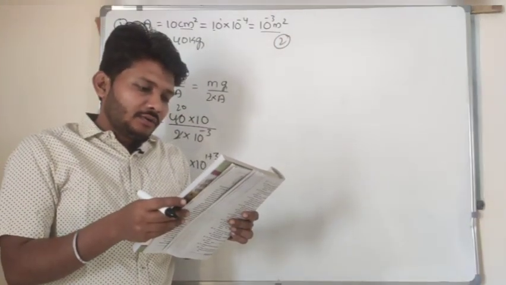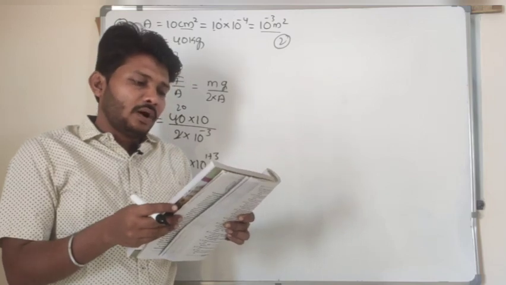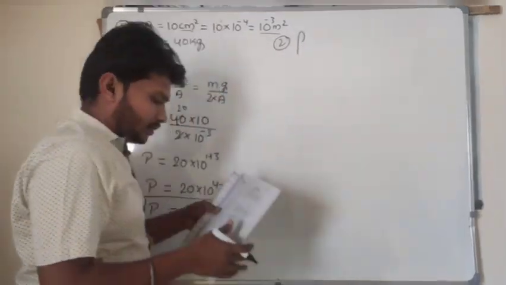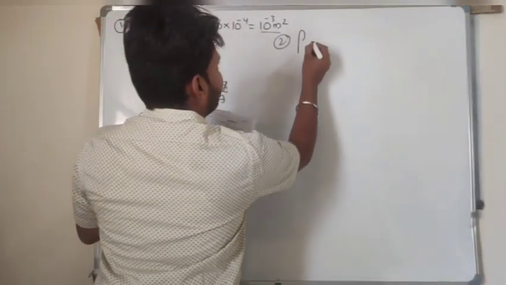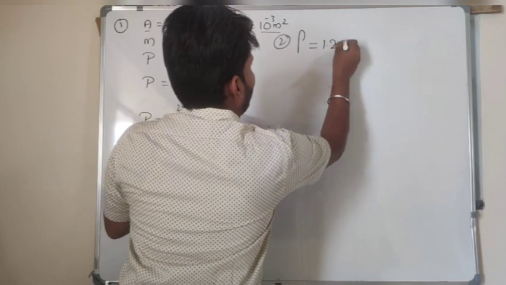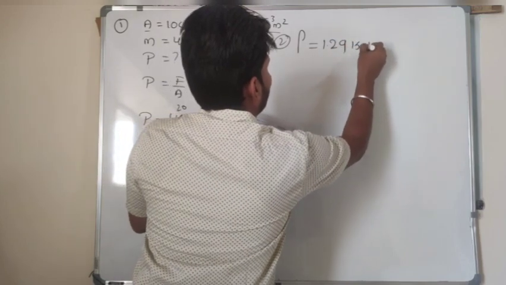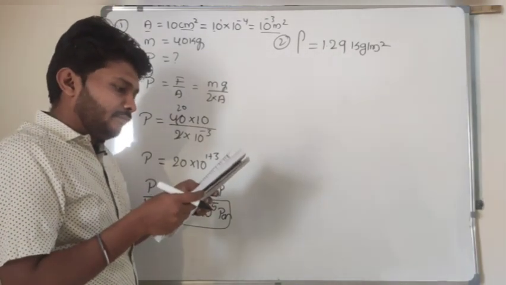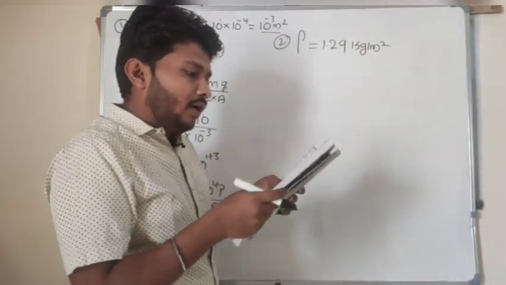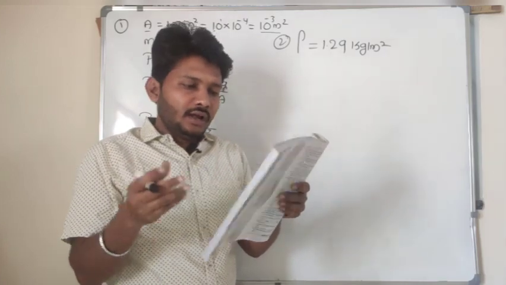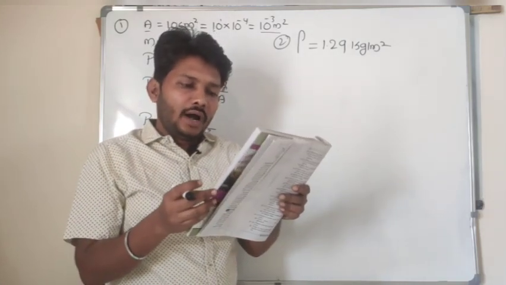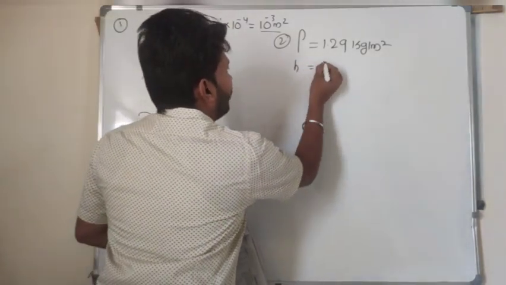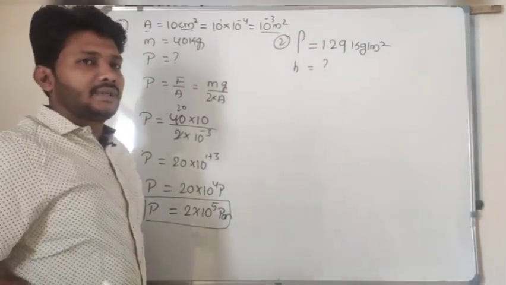The density of atmosphere at sea level is 1.29 kg per meter cube. Look at here, density of the atmosphere is 1.29 kg per meter cube. Density of the atmosphere they have given. Assume that it does not change with the altitude, then how high would the atmosphere extend? So I have to find out up to what extent the atmosphere is present, right?